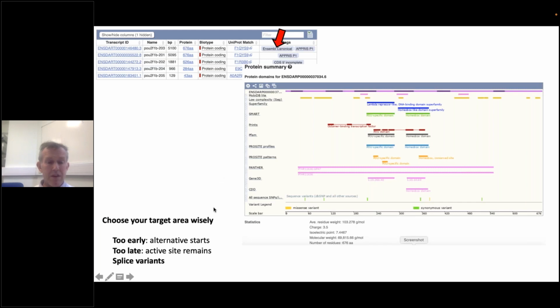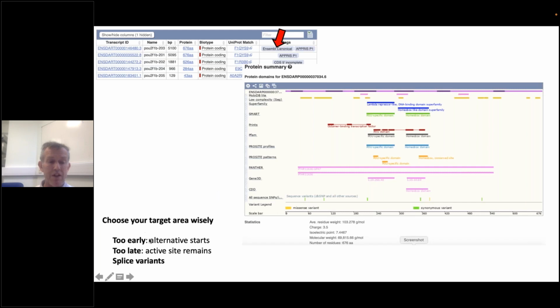And then when you want to design your CRISPRs, you need to choose your target area very wisely. You might say, and we have made some very painful experiences with this, okay, I'm really going to make my CRISPR mutant really early in the gene, because then we are sure that everything else behind it is going to be destroyed and knocked out. However, this is often not the case.